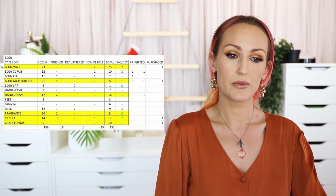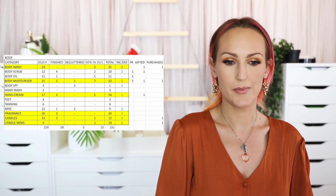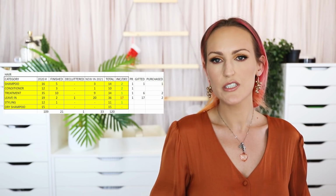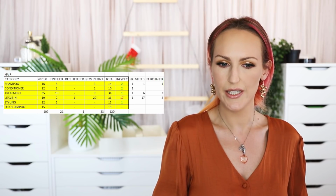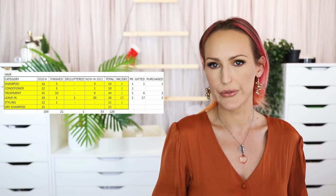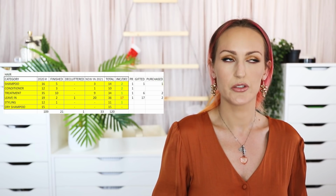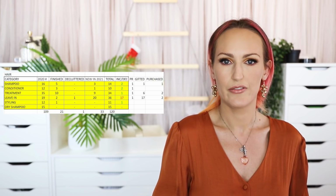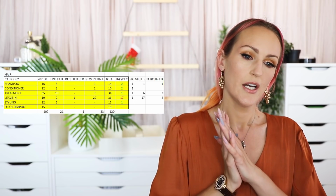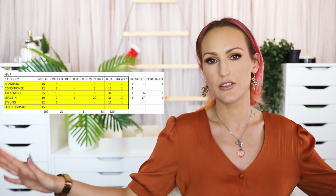So yeah, I really need to focus on that and get it down so I can go buy me a new Bath and Body Works something. Moving on to hair. This was a category where the amount of items that I had grew. And I had a lot of products come into my life in the last 12 months. So I need to work on all of these sections, and I don't want to bring any new hair products